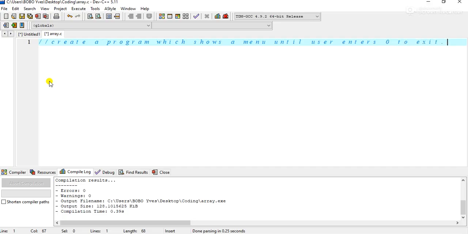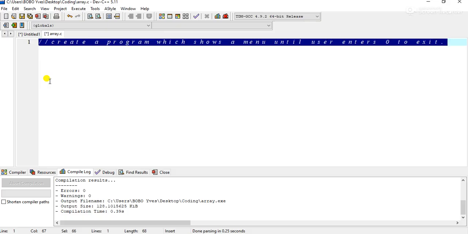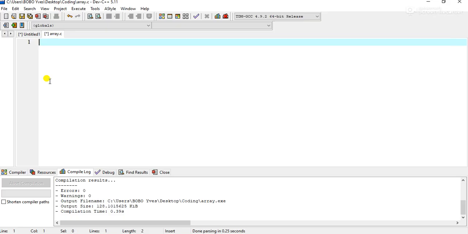On your side you try to create a program that shows a menu of, for example, a specific restaurant, and then the user enters 0 to exit the program. So this is a program that you will do. That one is an assignment. Okay, good. Now